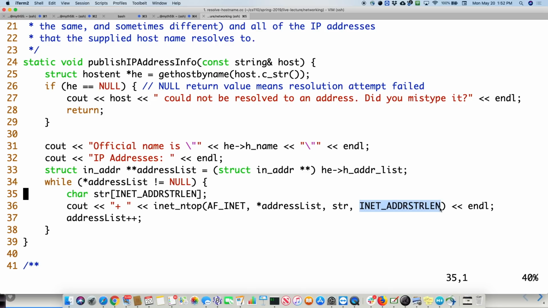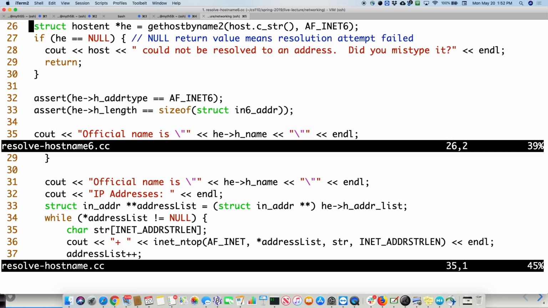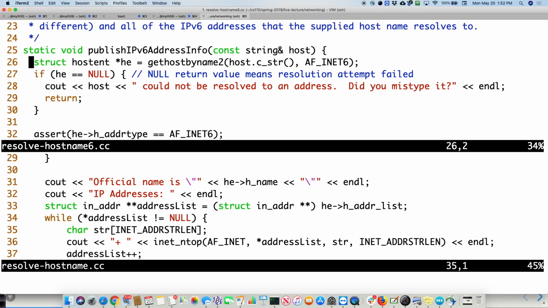Okay? Questions on that? Yeah. So just making sure, AF_INET is IP version 4? Yes, AF_INET is IP version 4. Let's look real quickly at resolve hostname 6.cc. Yeah, there's the one for IP version 6, AF_INET6, etc. And we also would call a different function called gethostbyname2.